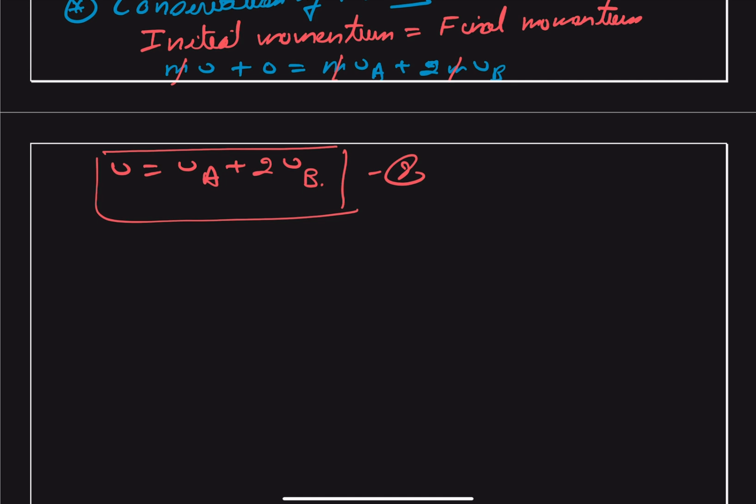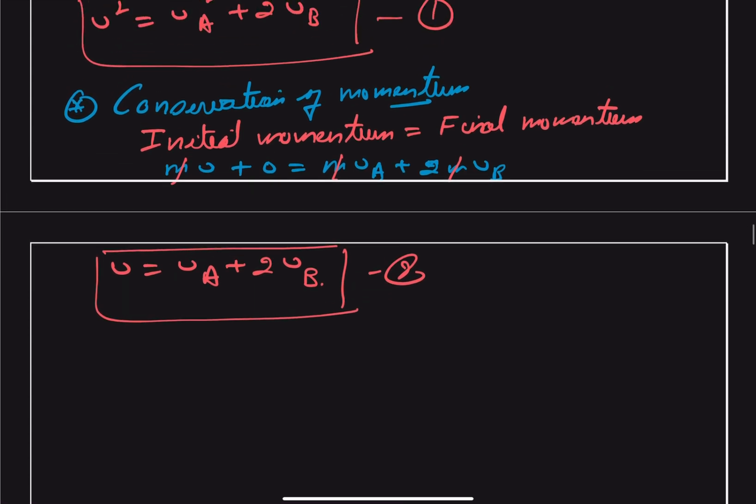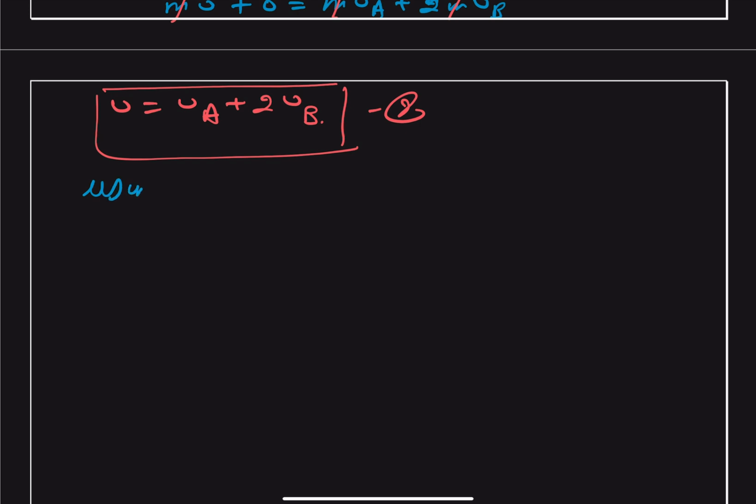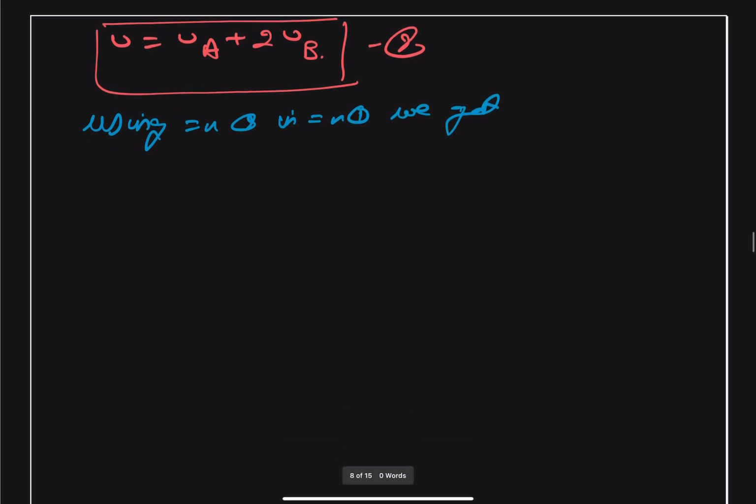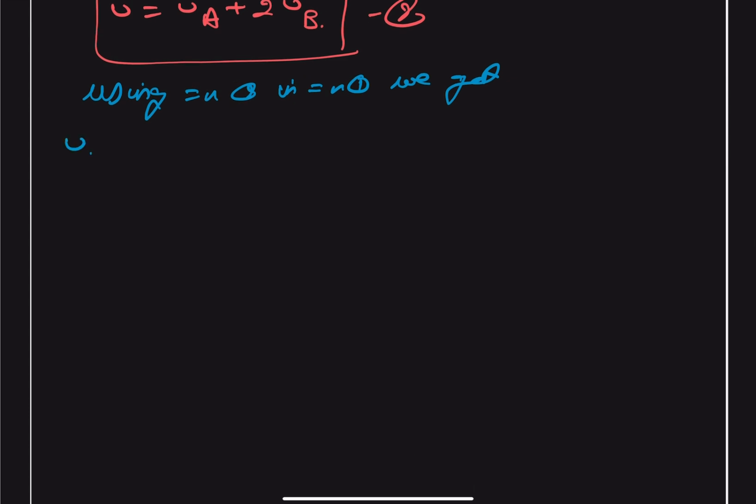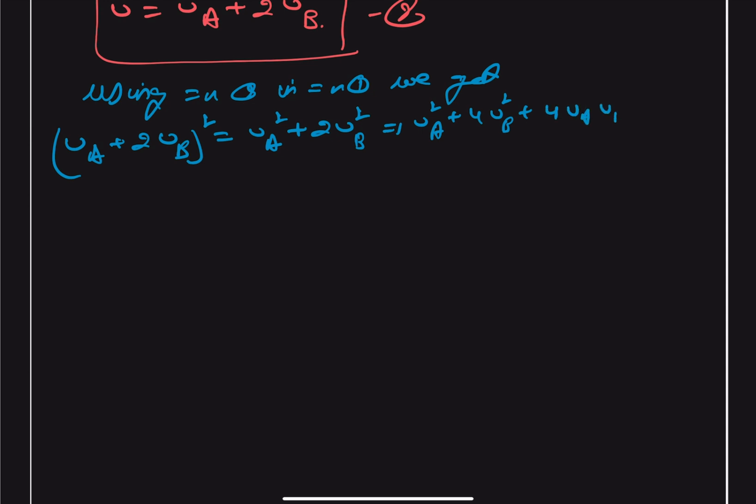So equation 1 was our V square, so using equation 2 in equation 1, we get VA plus twice VB whole square will be equal to VA square plus twice VB square, and this gives us VA square plus 4 VB square plus 4 VA VB will be equal to VA square plus twice VB square, and VA square cancels out. Here we have 2 VB square and 4 VB square, so we can write this as